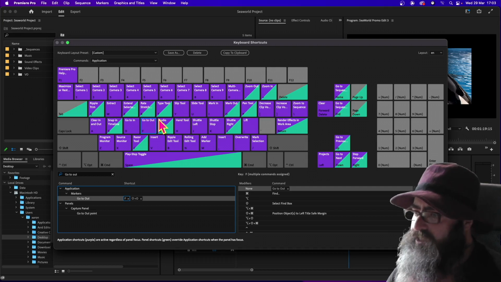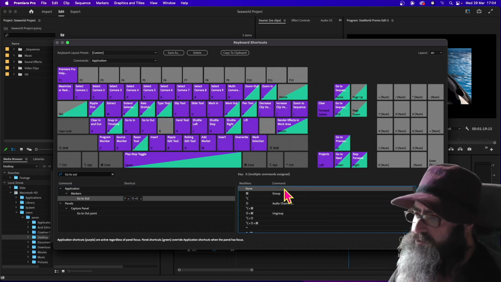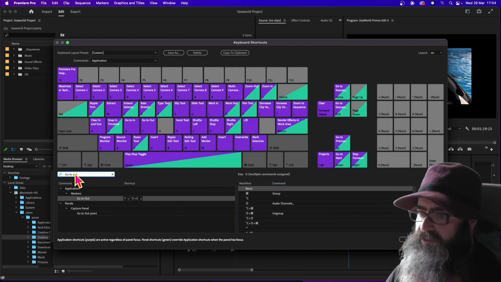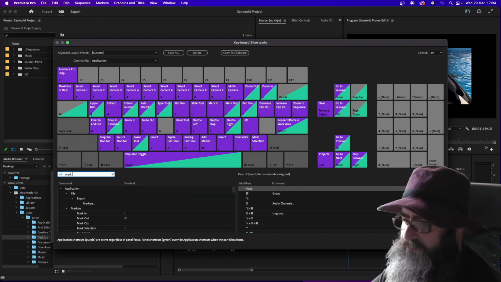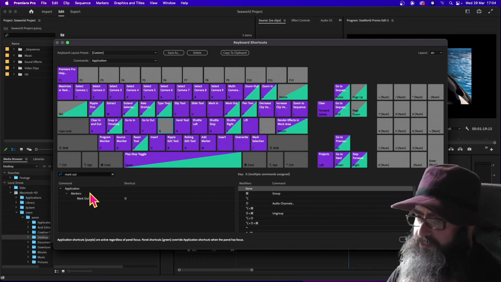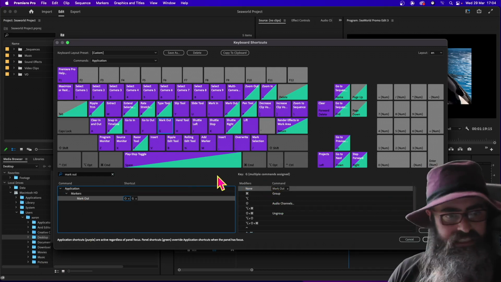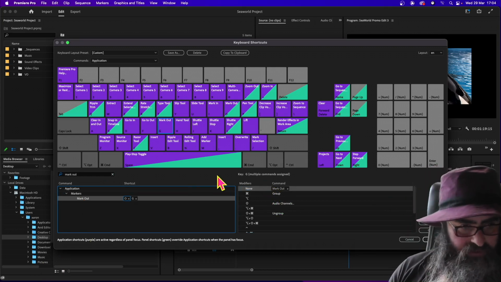G is set to mark out, so we need to select G, remove what is on it, and then I'm going to type mark out. There we are, just select it again, and just drag that in like so. Then we've got